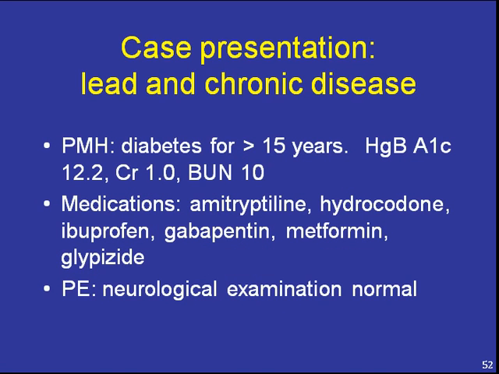His past medical history was significant for diabetes for over 15 years. And you can see his hemoglobin A1C was 12.2 at the time of examination, normal being less than 6. Therefore, he had very poorly controlled diabetes, had very poor access to health care, and was poorly compliant with his medications. His renal function was normal with a creatinine of 1 and a BUN of 10. He had been placed on multiple medications for neuropathic pain. His physical examination